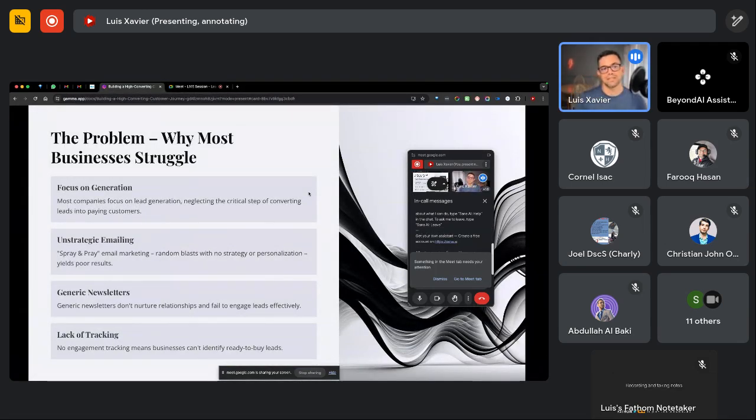Okay, so the last problem that I'm going to cover here in terms of why businesses struggle is lack of tracking. If you're not tracking, you don't know what sort of results you got. So if you send an email and you're not tracking the open rate, the click rate, if you don't know who is actually engaging with the content, you're going to have a pretty hard time, right?